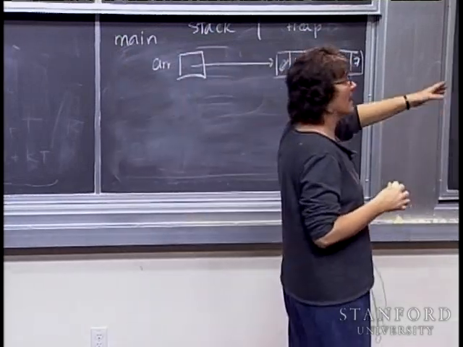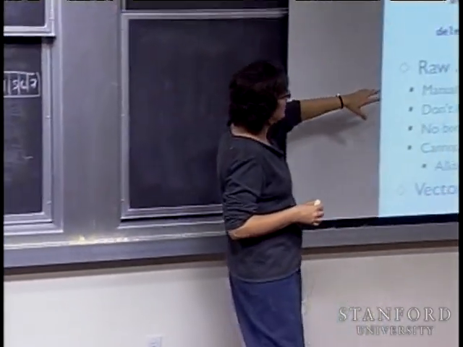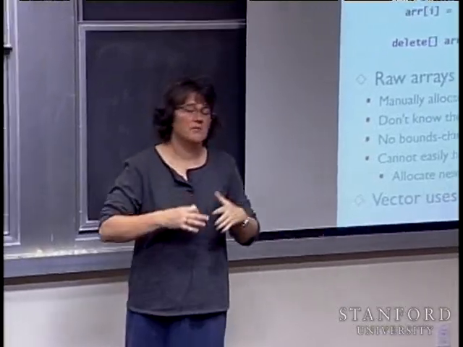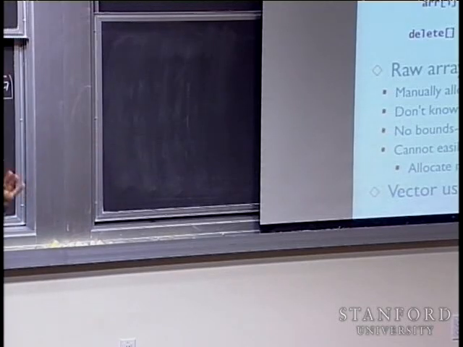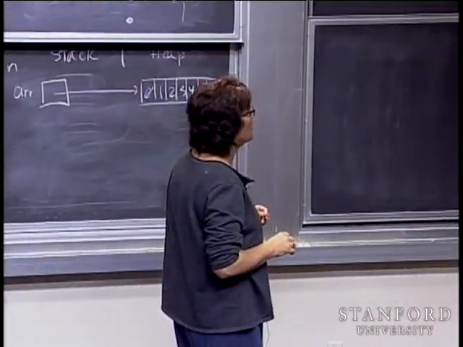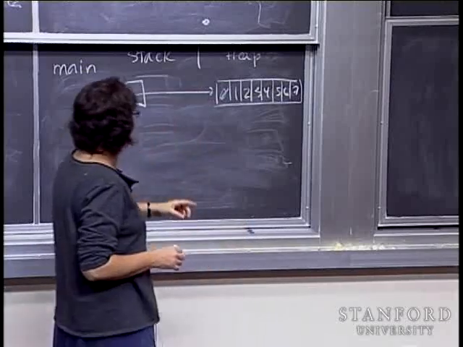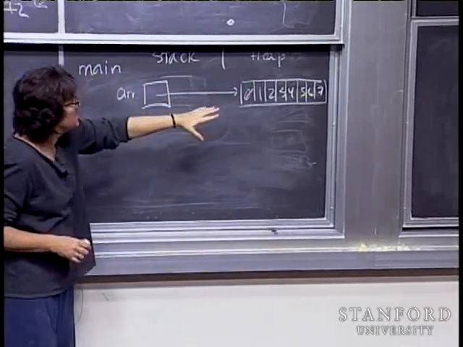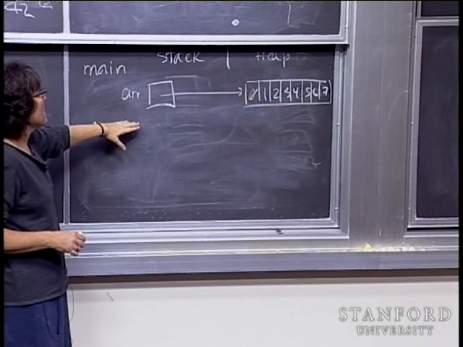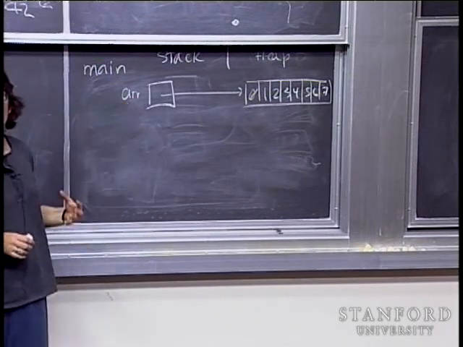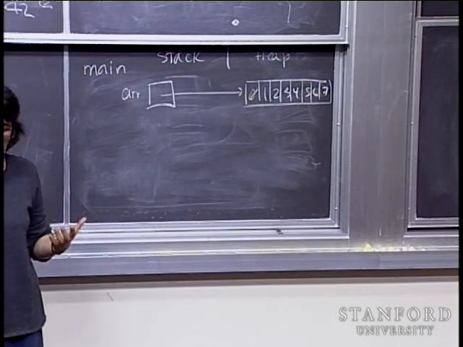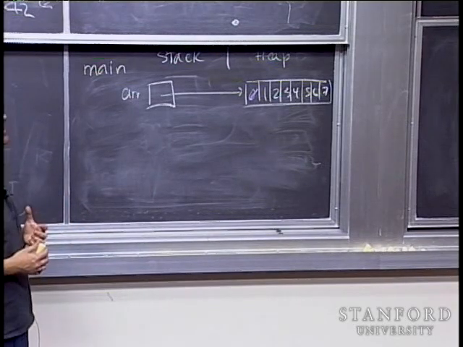So I'll mention sort of why it is that arrays are trouble. Well, they're manually allocated and deallocated. So that means you have to make the new calls, you have to make the delete calls. So forgetting one or both of those has pretty serious consequences. Arrays don't know their length. Once I have created this array and it points to these 10 members, there is no mechanism to ask the array, array.length or tell me your length. It doesn't know. Internally, it may or may not have some housekeeping that's tracking it, but it's not exposed to